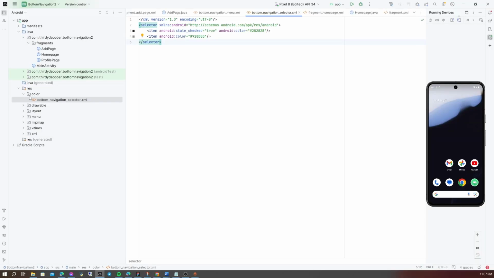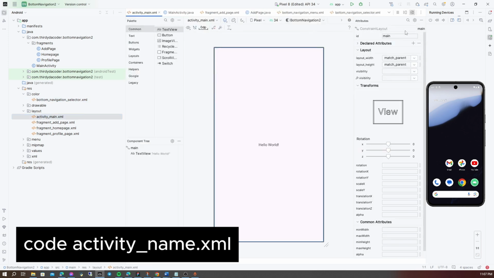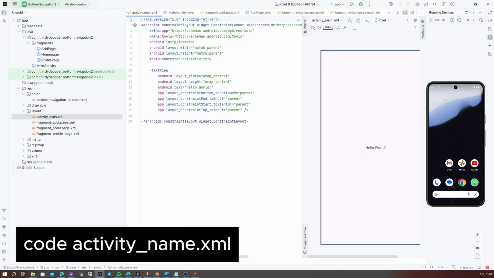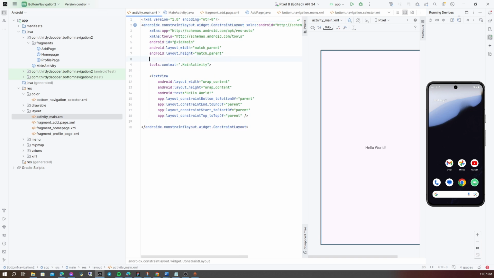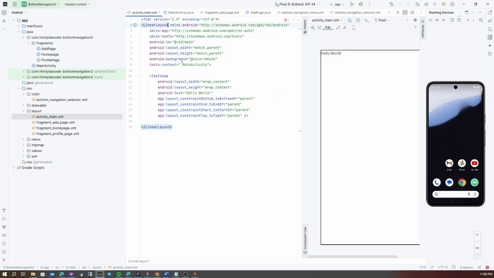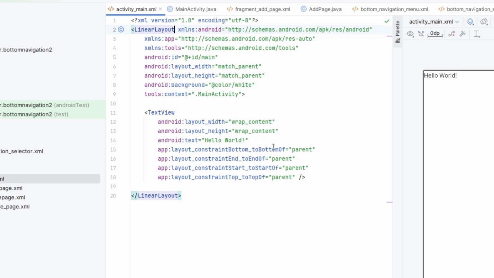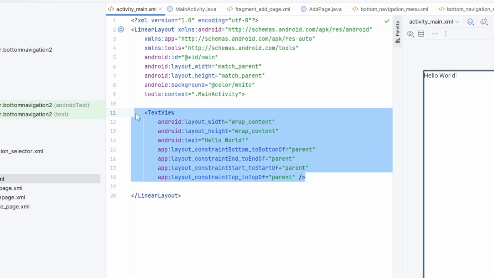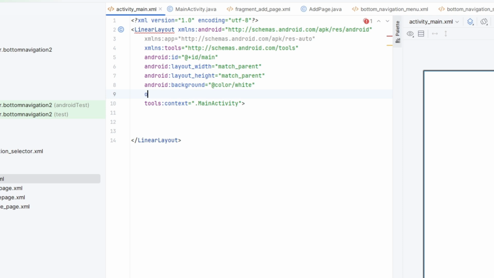Then our next step is to go to the layout, then go to activity main.xml and use white as the background, so you can follow me. Then we can change the layout to my preferred layout, which is linear layout, my favorite layout. Then we can remove this and add orientation as vertical.